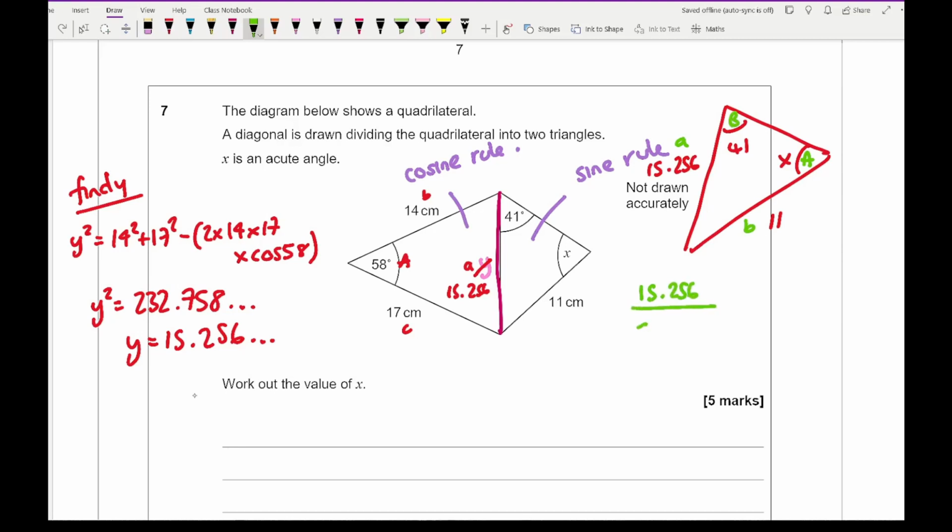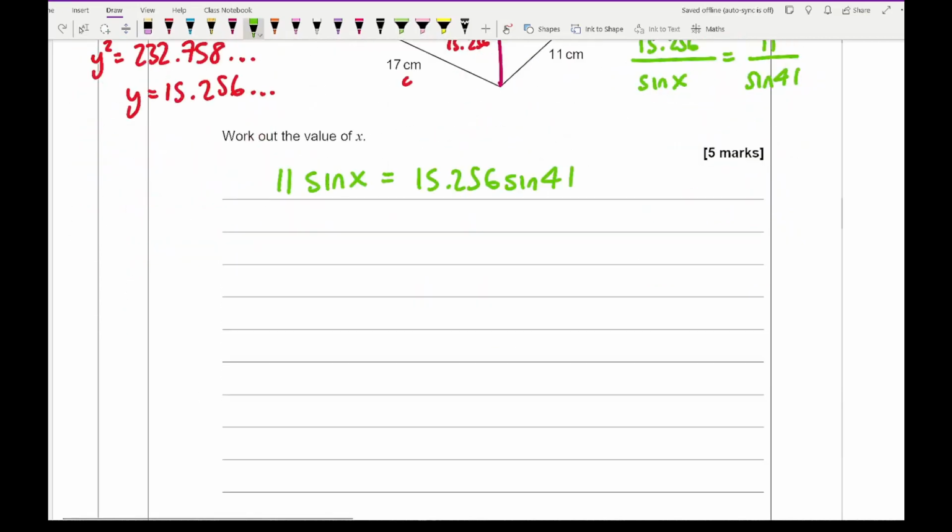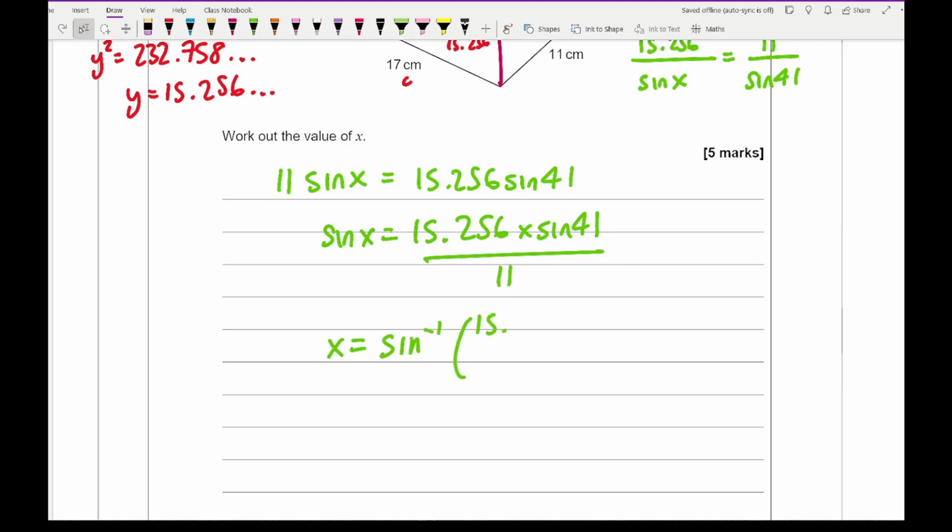15.256 over sine x equals 11 over sine 41. Then doing a bit of cross multiplying, I get 11 sine x equals 15.256 sine 41, and then taking the 11 over, so sine x equals 15.256 times sine 41 over 11, and then x equals the inverse sine of all of that, which if you